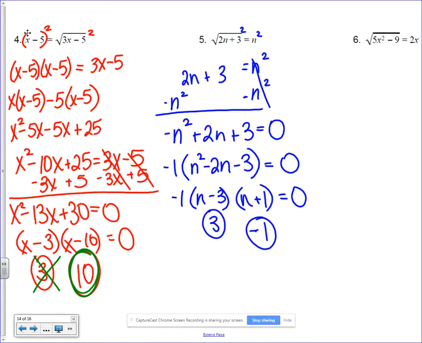-1? Okay. If I put a -1 up here, what's 2 times -1? -2 plus 3. Positive 1. What's the square root of 1? 1. Okay, so this left-hand side is a 1. What is negative 1 squared? I bet you didn't put it in parentheses. If you want to square negative 1, it's got to look like that. And you get 1. Is 1 equal to 1? So this one works, which means,